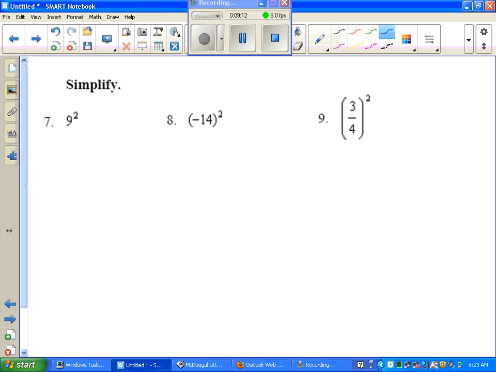9 squared means 9 times itself, which is 81. Negative 14 squared is negative 14 times negative 14. Notice they're both in parentheses. That's why it's not 14 times 14. Negative 14 times negative 14 is a positive